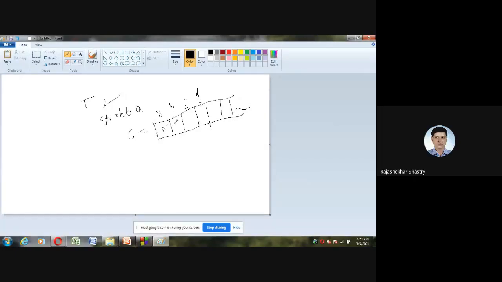Initially all are zeros. Now the first time B has occurred. So I have to increase the B count and store it exactly in index 1 only, because for me B stands for 1. Index 1 is representing B for me. So I should directly go to that index 1 location and increase the count. Right now the count is 0. So when a B is encountered the first time, I have to go to the B location and store 1. How to calculate? What is this logic?